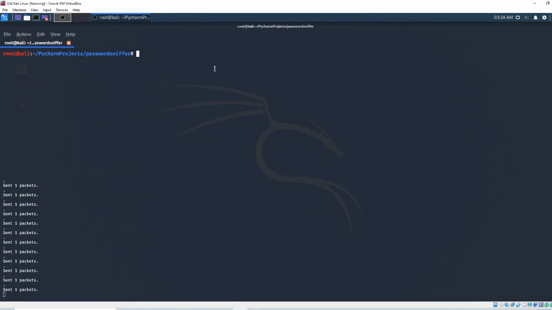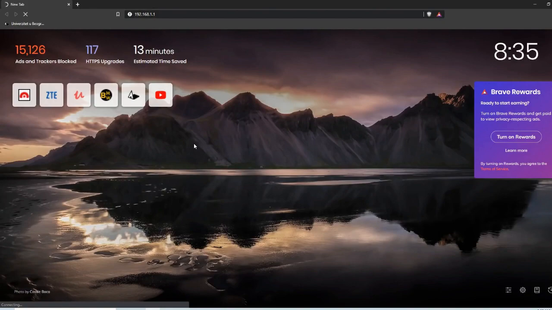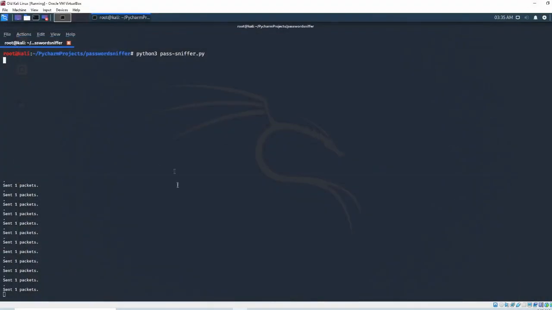Now, if I go to my password sniffer and I simply just run it, so python3 password_sniffer, as we can see, it seems to work correctly. All we are left to do right now is go on Windows 10 to Google Chrome or any search engine that you're using. Wait for it to open up, and once it opens up, let's first of all go to my router right here. Whoops, it will not connect,